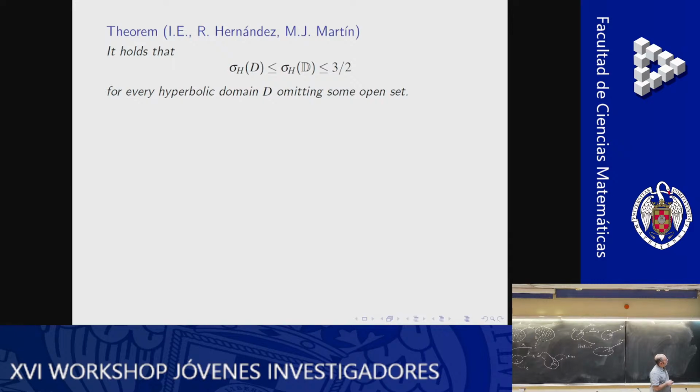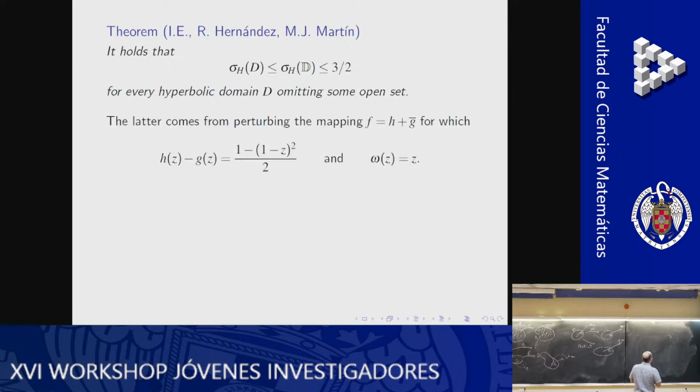For the first part of the proof, the first inequality, our way of proving this even generalizes Lehtinen's classical theorem. Lehtinen has this only for simply connected domains. So our method of proof works for analytic functions as well. And for the 3/2, let me show you the following. It comes from shearing the cardioid.